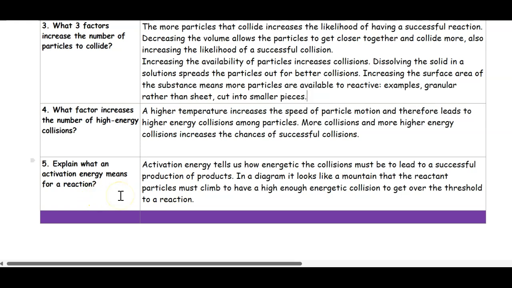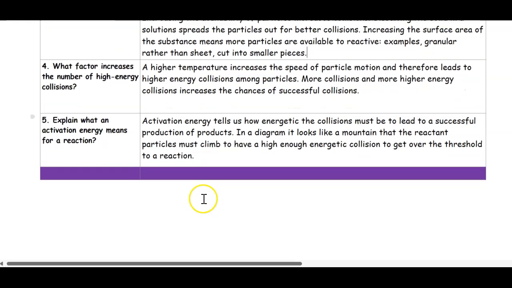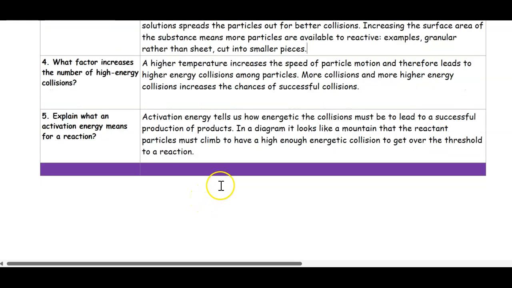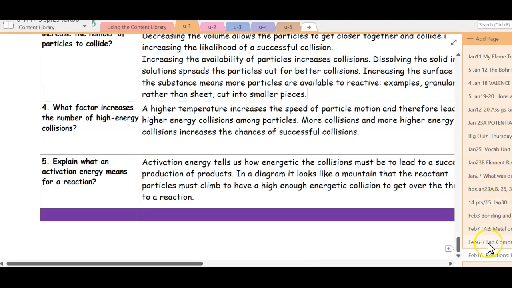Now, number 5, explain what an activation energy means for a reaction. Well, activation energy tells us how energetic the collision has to be to lead to a successful production of products. In that diagram I just showed you, it looked like a mountain the reactant particles have to climb to reach a high enough energetic collision. All right, they have to get over that threshold to get a reaction. All right, now